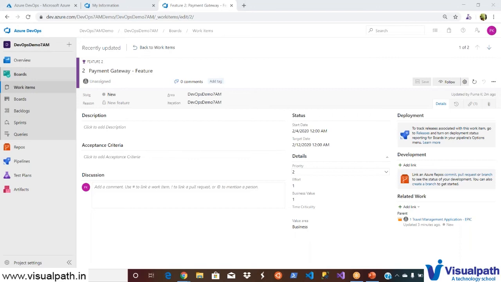Just a small question. If I don't do this step, will I be able to perform my other steps? Yes, you will be able to do the other steps. I will tell you some of the issues. Okay, let's talk about some of the issues. Let us say you do not have any requirements. Can you please show other work items also?